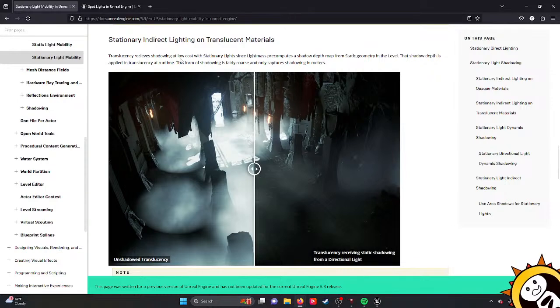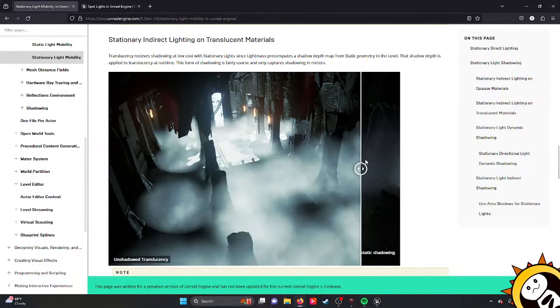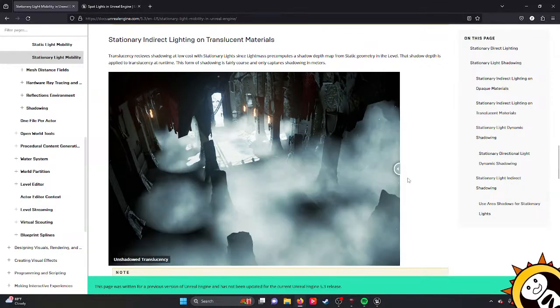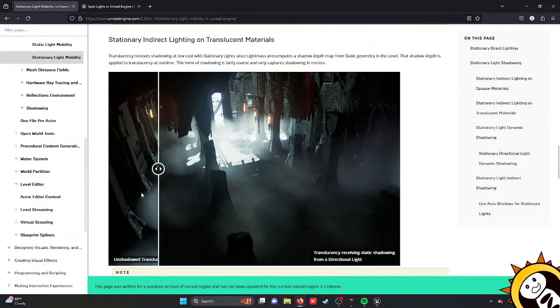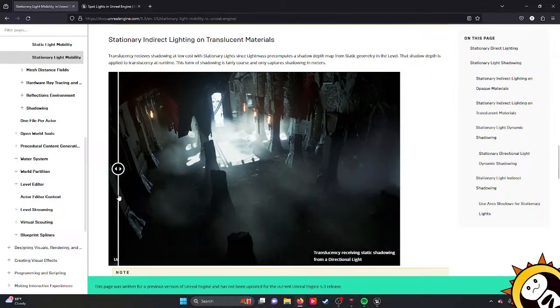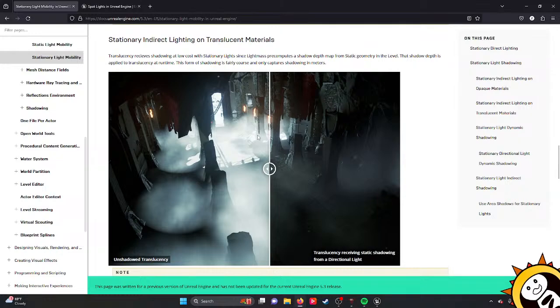Translucency receives shadowing at low cost. Shadow depth is applied to translucent. Yeah, right. Unshadowed receiving direct. Okay. Sure, if I was using fog, that would be helpful, I suppose. But I am not, so